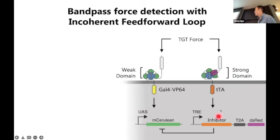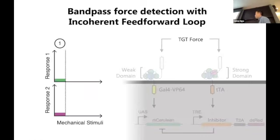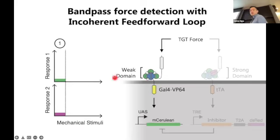Okay. In order to get that gating behavior, what we did was we linked the receptors in a way such that a low amount of tension, a first threshold here, would activate one receptor but not the other. And that would lead to the expression of a GAL4 dependent reporter gene, in this case, CFP or M cerulean. And these intermediate tension values should be enough to activate the weak domain, but not sufficient to activate the strong domain. Okay. And then when we would raise the tension level now, in order to engage that second arm